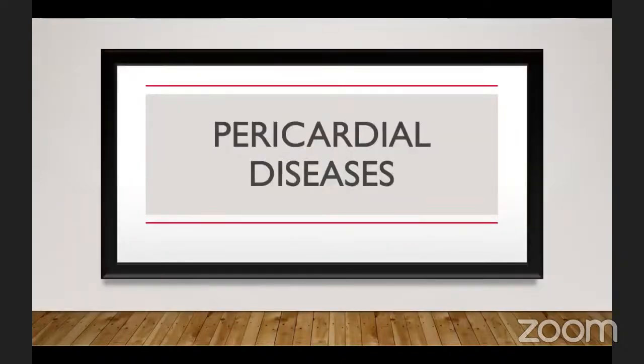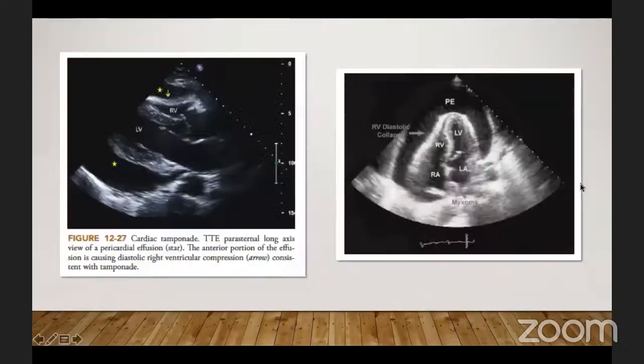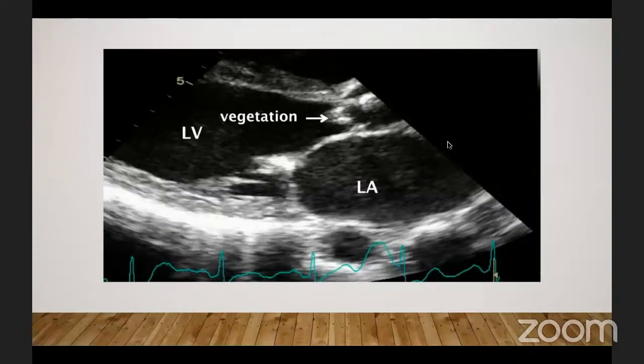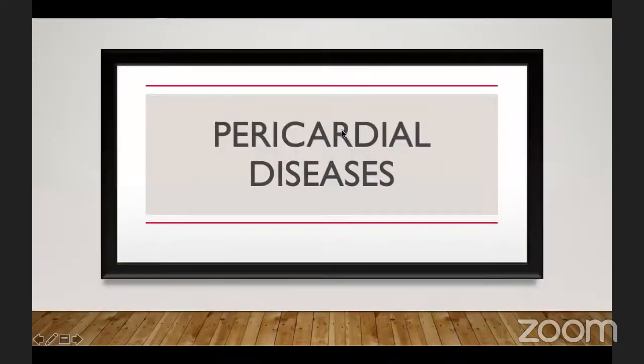Those were just more imaging of vegetation, and you can see the aortic valve vegetation just on the ventricular surface. The pericardial disease,